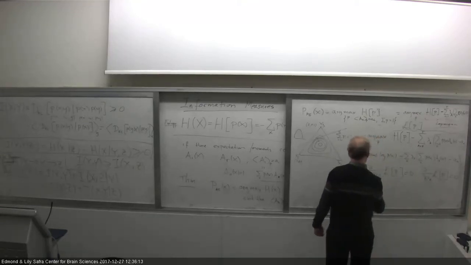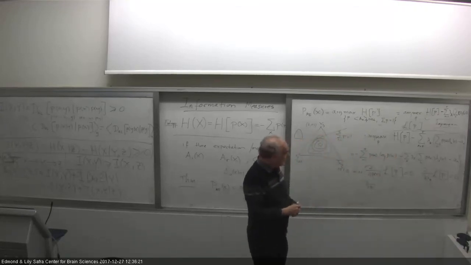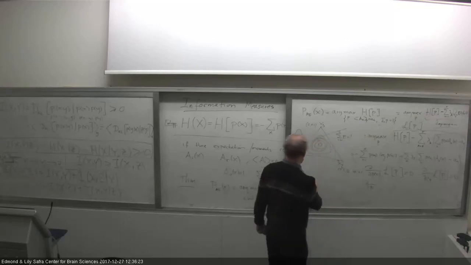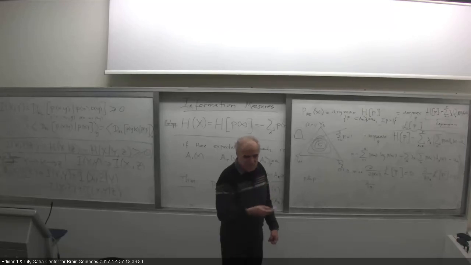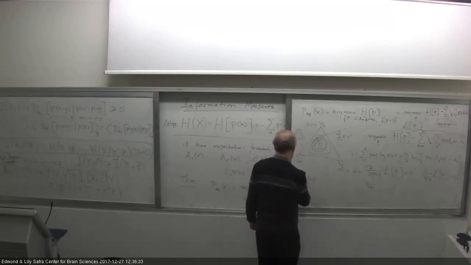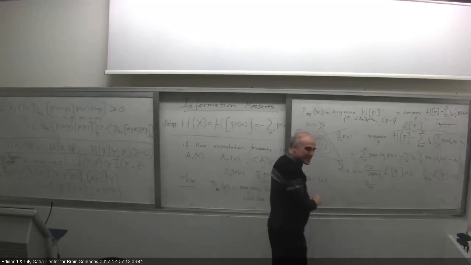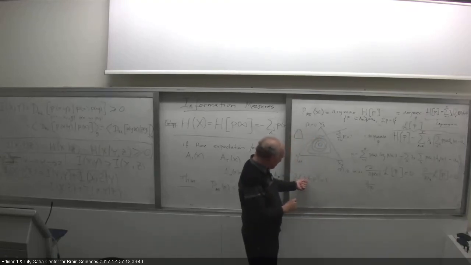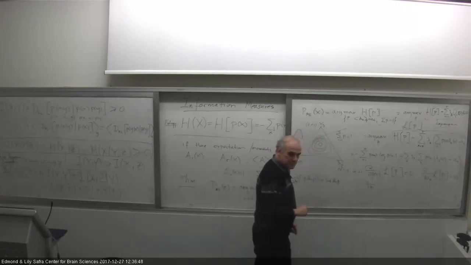So essentially, this is ∂/∂p(xi). I just take the derivative with respect to this number, as if this is an independent variable. So the derivative of p log p, now it's actually convenient to think about it as ln. Doesn't matter, that's just a constant. So the derivative of p ln p, what is it? It's p times the derivative of ln, which is 1 over p, so this is 1, plus ln p times the derivative, so it's 1 plus ln p. Okay? And that's simple.